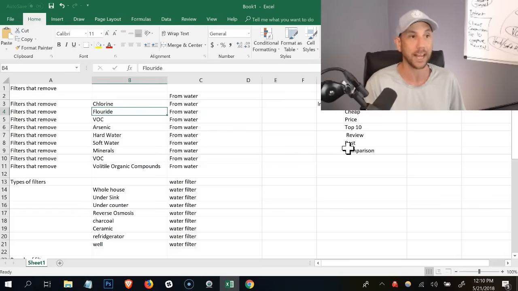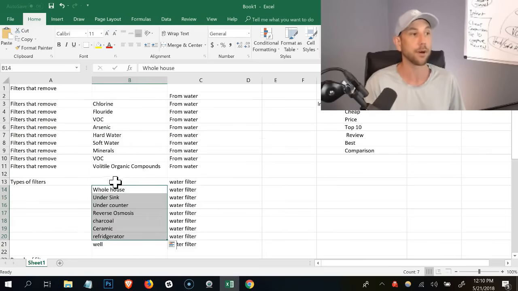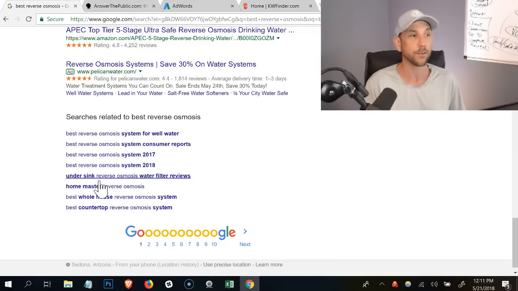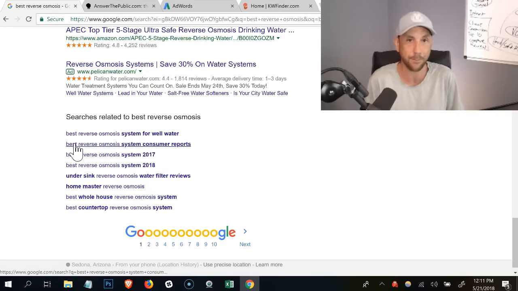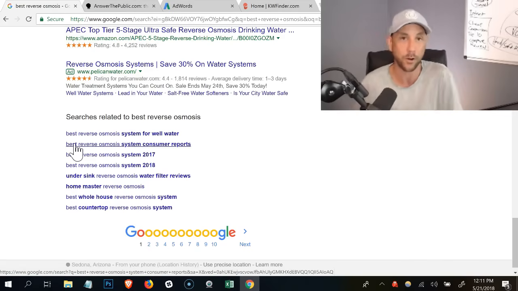That's what I've been trying to get at here: this is intent A. We have the where as intent B mixed with the type of filter, right? So it's the location of the filter, under sink, the type of the filter, reverse osmosis, and best can all get mixed together. And you want to do that: top 10 under sink reverse osmosis water filters, top 10 reverse osmosis for well water. When you start to multiply these things out, you'll notice there is an insane number of very small, focused content pieces available for you to write on similar topics.